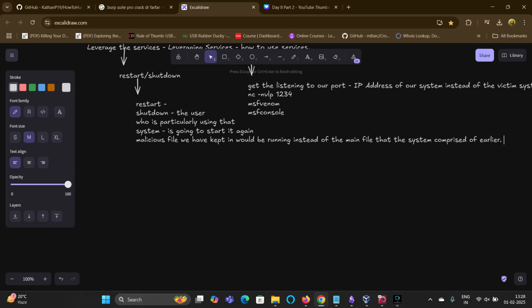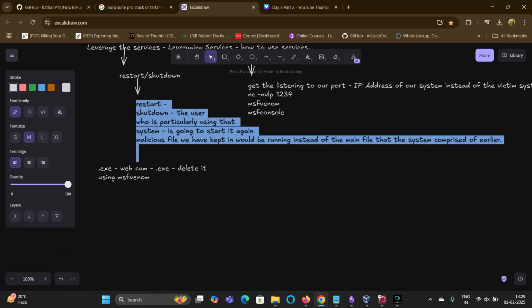And how we are going to do that as well, let me make it clear to you so that you won't get confused. Let me write it here. Firstly, let's say the system you are in already has an exe file related to something very important or confidential. Rather it could be the webcam, guys. Webcam basically has a .exe file. And if we have a webcams.exe file, firstly we are going to delete it, and using MSF Venom.